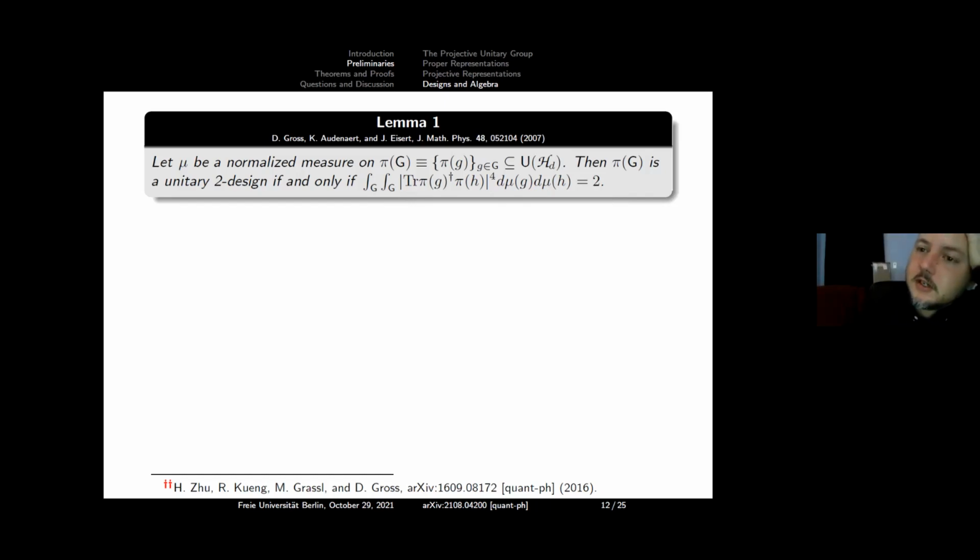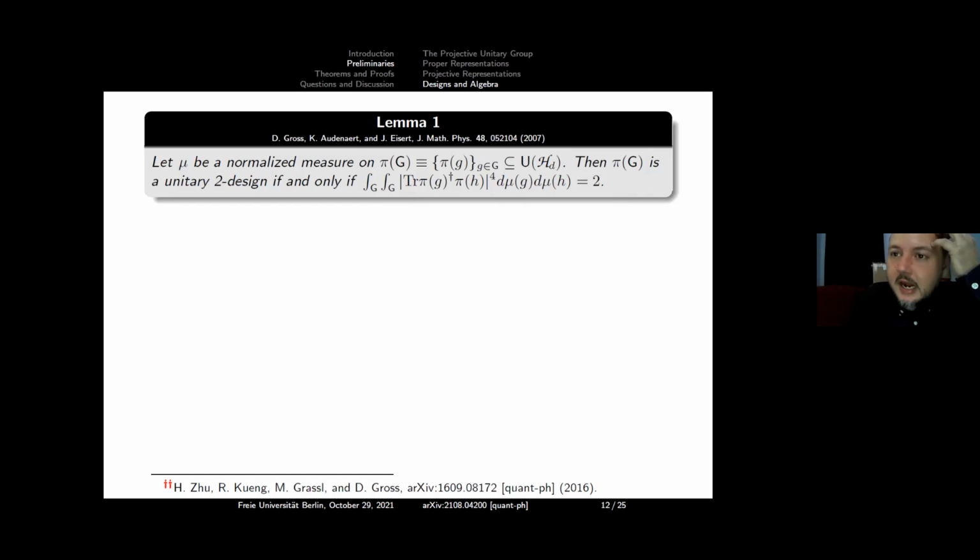So here's kind of how the logic is going to work. I'm going to build on this lemma. I'll construct a lemma 2, okay? And then that lemma 2 will be crucial for the sequel. So that's what's going to happen now.